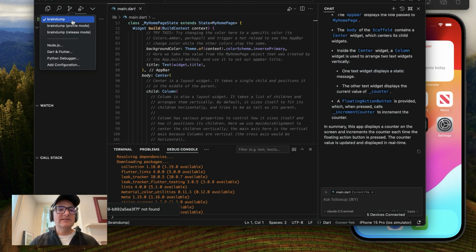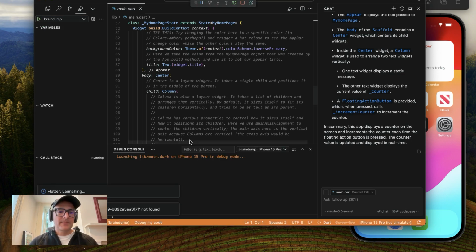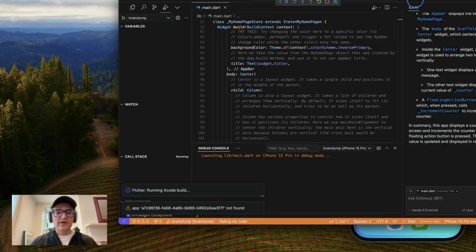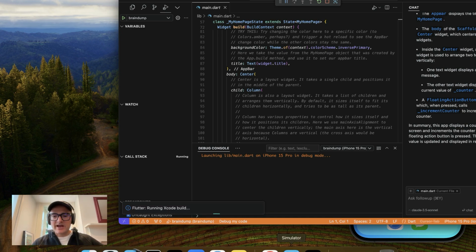And let's run it on this device. So I've already said to run on the simulator. We can run it in regular mode. We don't have to run it in release mode for the simulator. And again, I just click this play button. Now this is going to take a little bit longer. Flutter has to build the app so that it's compatible with an iPhone. And it's actually calling Xcode's build method, right? So it's running Xcode, which I have installed right here.